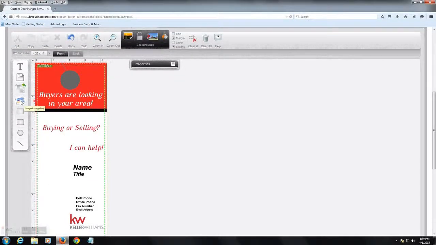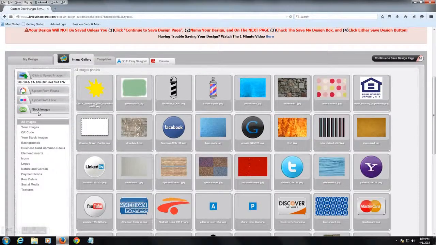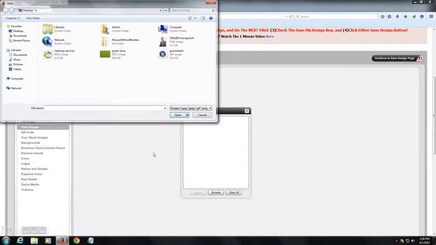You come on the left here to image from gallery, and this is where you can add one of your own images. So here we have stock images where you can purchase some low cost but high quality images having to do with your industry, like perhaps a home or something to just help enhance your design. But we're going to upload a design here. We're going to upload an image from our account on our machine,